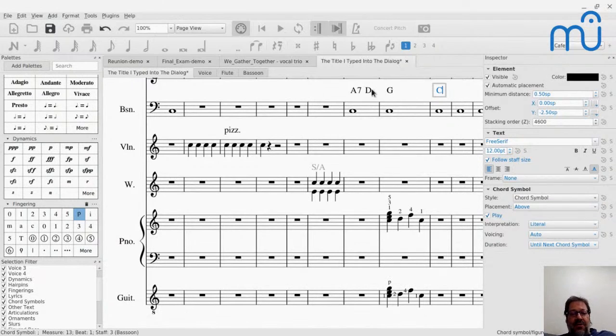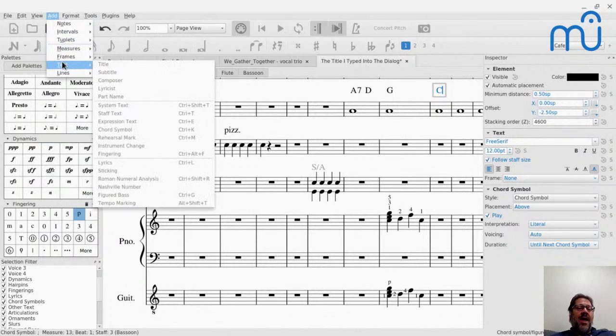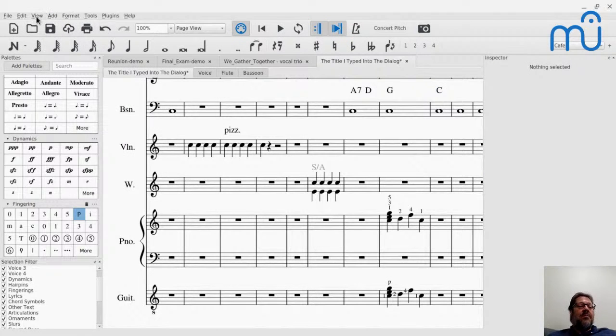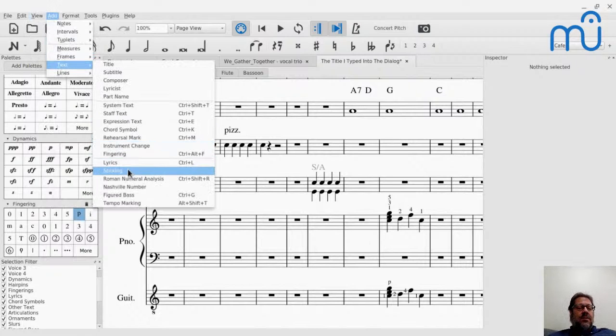There's lots of other fun stuff to know about chord symbols, and I've probably talked about them before. But chord symbols are just another type of text, and if you can't remember Control-K, under Add Text, you see all the different kinds of text. There it is, chord symbol. It's grayed out now because I'm in the middle of editing things, and it knows I can't add anything else. But yeah, Add Text, chord symbol. There we go.